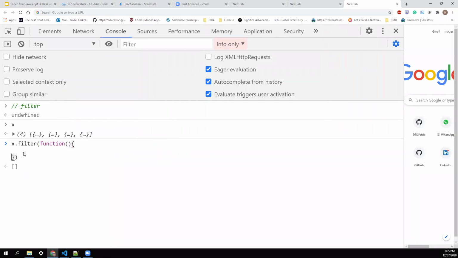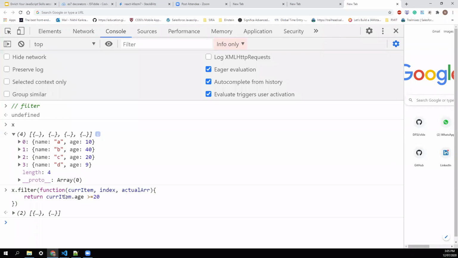Create the callback function, and then we'll say current item, index, actual array, and I'll write my condition based on which it filters the data. I'll say filter all the items that have age greater than or equal to 20. So it returns that array based on the condition.